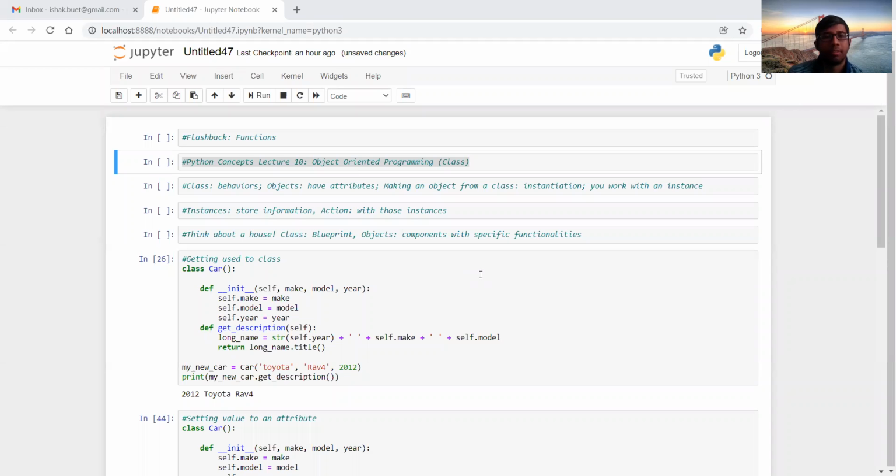Hello and welcome to the 10th lecture of Python Concepts, Object-Oriented Programming or class. So in the previous lecture, we explored a very fundamental and very necessary component of programming, that is functions, and we learned how to use functions to automate our blocks of code and how to reduce manual portions. We have also learned how to use functions in order to use for loops and conditionals like if statements